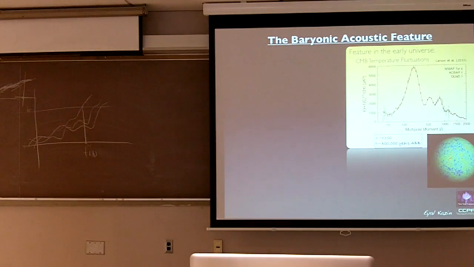Before I show you the correlation function of galaxies, I want to get back to the cosmic microwave background. Again, these are temperature fluctuations. You have cold spots in blue, hot spots in red, and in the blue spots, you expect to have more matter. This plot over here is one of the most amazing measurements in astronomy, perhaps in science in general. What you're looking at are the baryonic acoustic features within the temperature fluctuations.